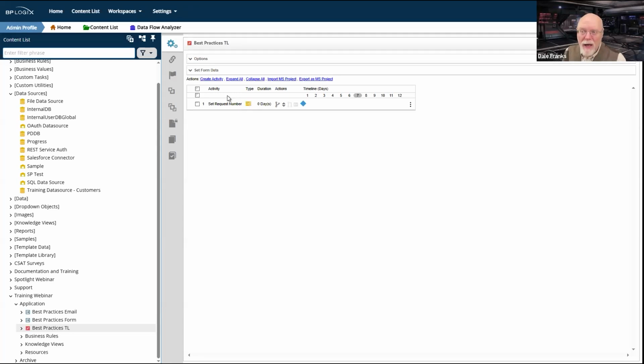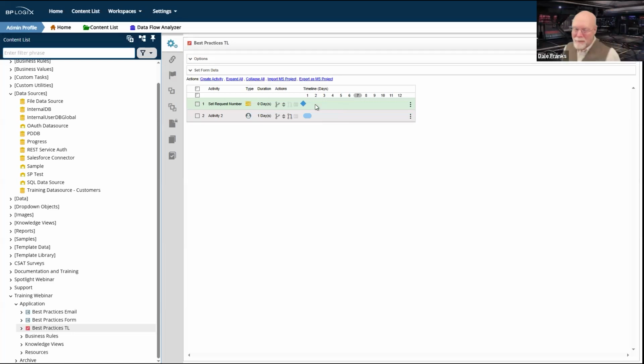Now I can start setting up my regular old user activities and other activities that will be part of my process. So I'm going to create activity number 2. Obviously, I need to ensure that this activity occurs after the set request number is complete. So I'm just going to do a drag and drop to ensure that this activity is dependent on the set request number.